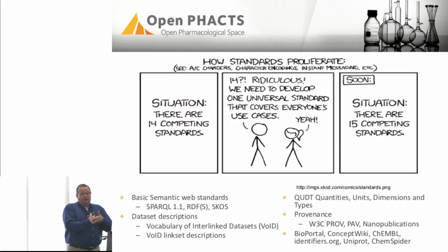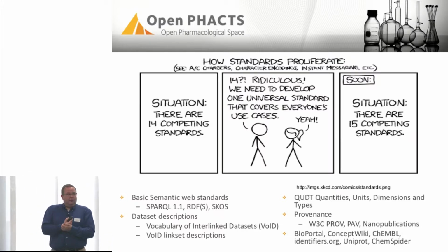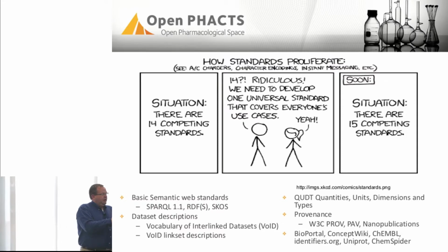So we tackled it through actually not just developing standards, and this cartoon is massively overused. There are 14 standards. It's ridiculous. We need one that does all of them. Yes, now we've got 15. But I think if we actually put some weight behind it and actually use some of those, which we did through the course of Openphacts, I'm not going to go into exhaustive details on this, but